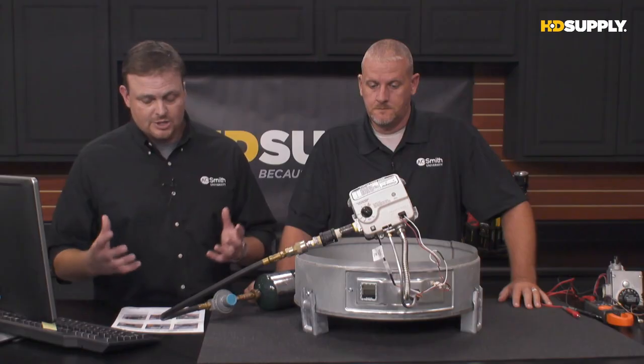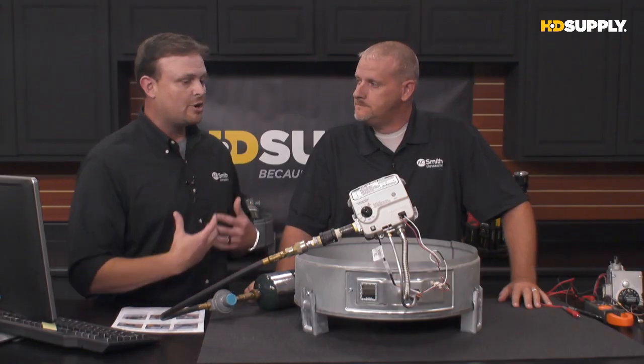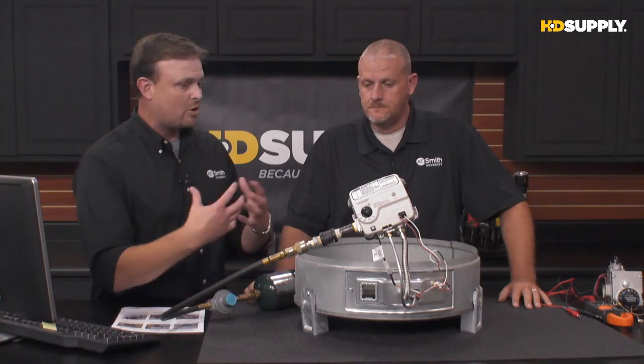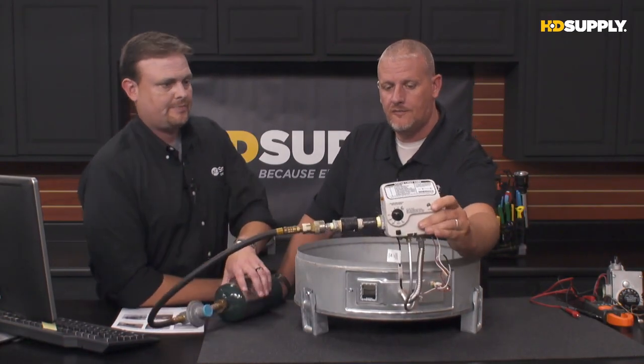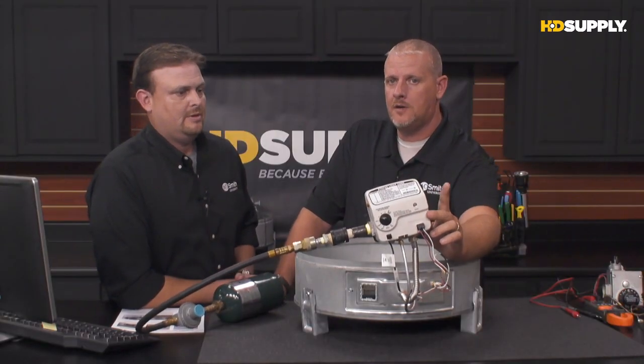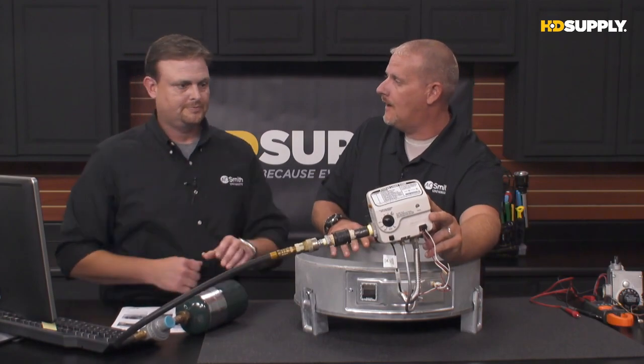So, all right, let's do this again. It's the same thing, no hot water. The first thing we're going to do on this is a little bit different. What are we doing when we come to the water heater? It is a little bit different. Like we talked about earlier, because this valve is electronic, it has the ability to communicate with you a little bit. So we talked about earlier with the mechanical style, kind of get down on your